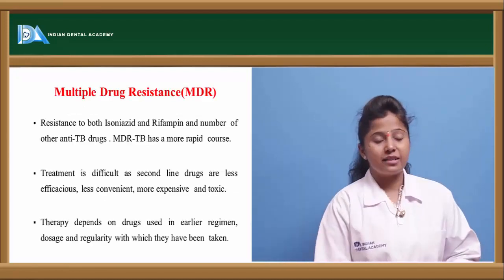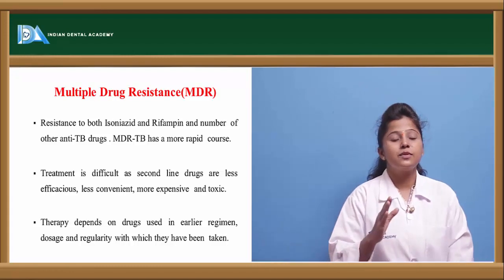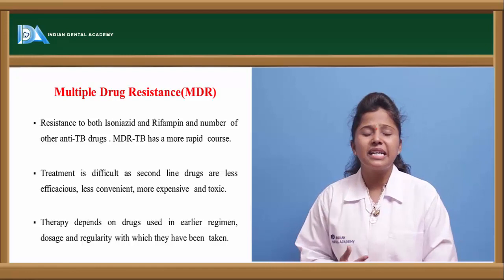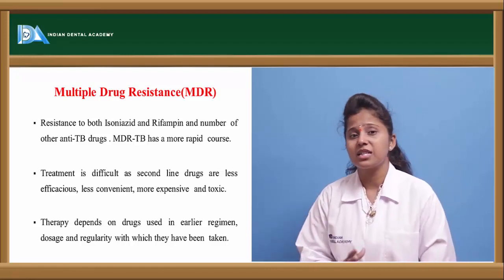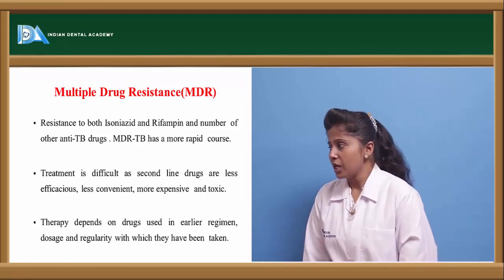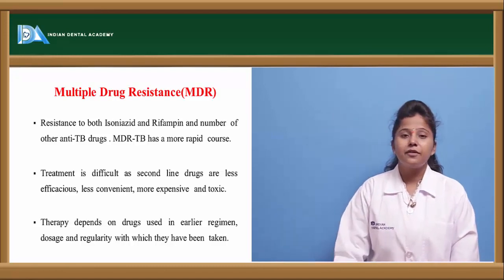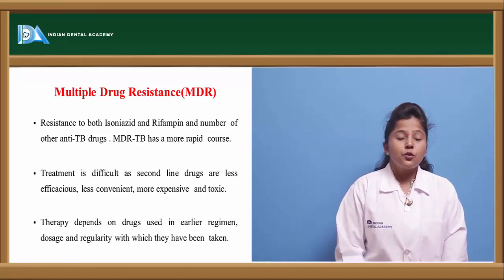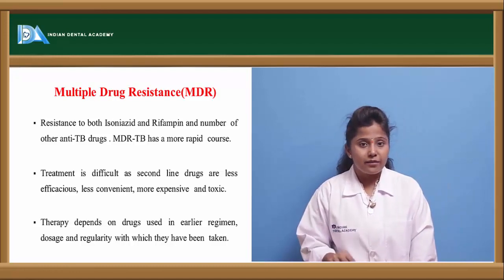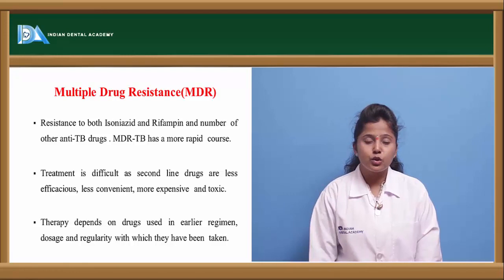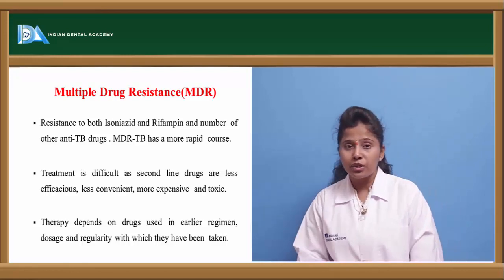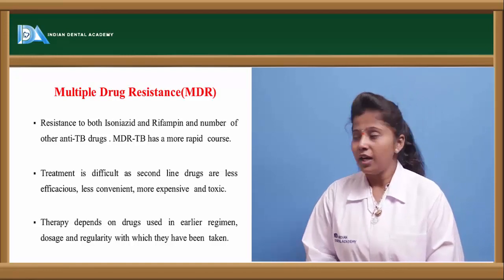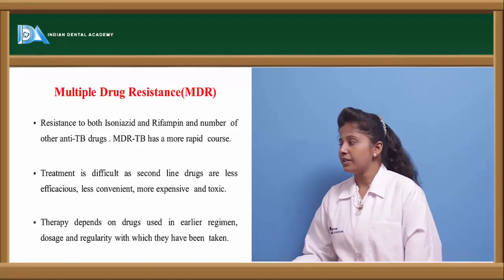There will be multi-drug resistance. As I told you, the bacteria will resist the drug. So why is this multi-drug resistance observed in tuberculosis patients? The main drugs given are isoniazid and rifampin. If these drugs are given individually to a person suffering from tuberculosis, then there will definitely be resistance to that drug, and the treatment is difficult